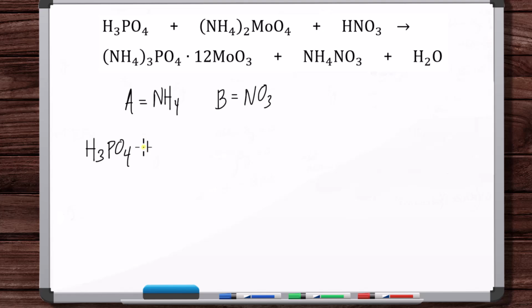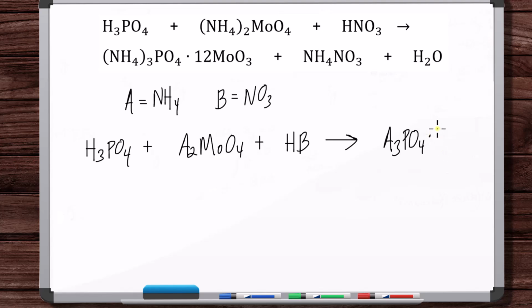H3PO4 plus A2MoO4 plus HB. Then we've got A3PO4, and then AB, and then H2O. Okay, but now we need to check this, though, to see if the substitution is going to